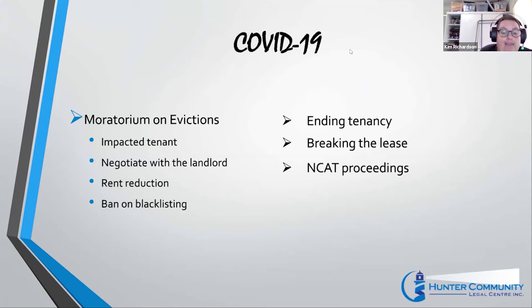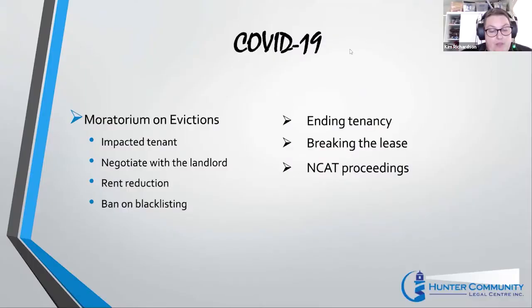Although you can't be blacklisted for an arrears debt during this time, you should continue to pay as much rent as you can afford. The landlord will still likely be seeking to recover any unpaid rent at the end of your tenancy. When your tenancy ends, you should try and come to an agreement about the amount that you'll repay and the time frame in which to repay the debt, so including the amount and the dates when that is payable. It's important that if you reach an agreement along these lines, that you put it in writing.